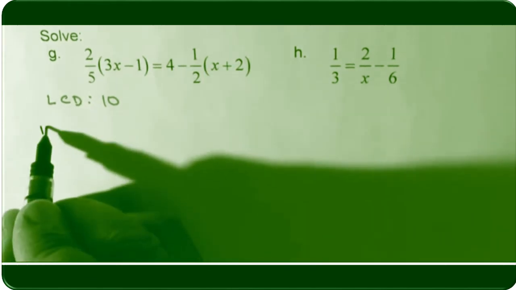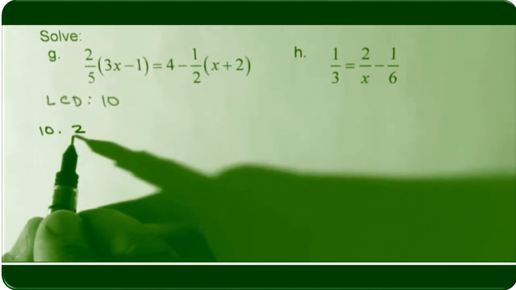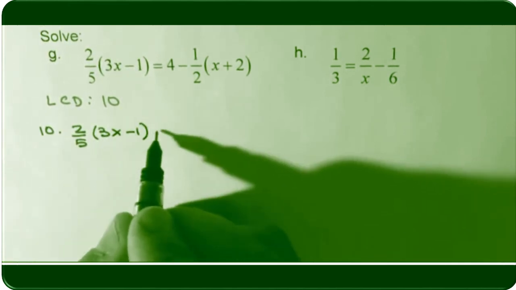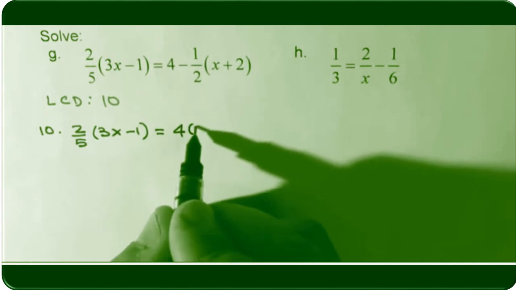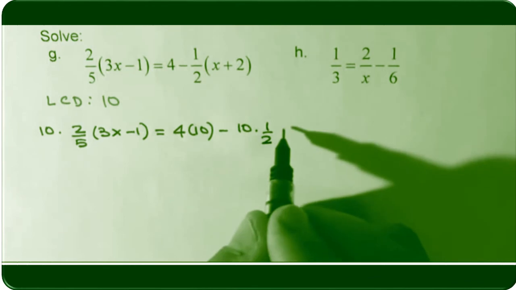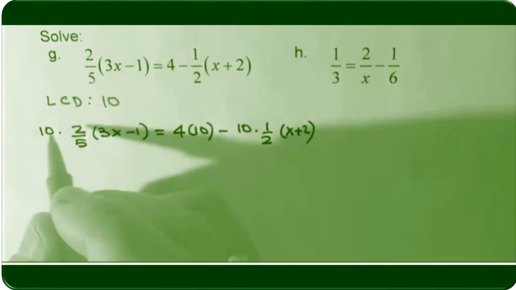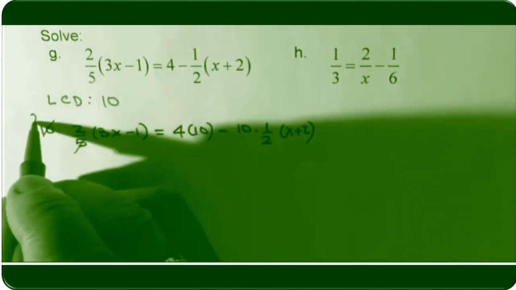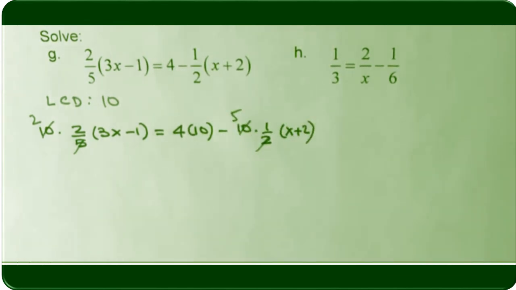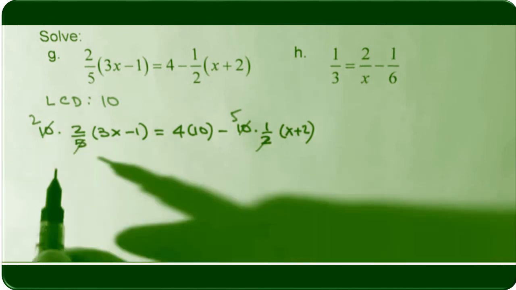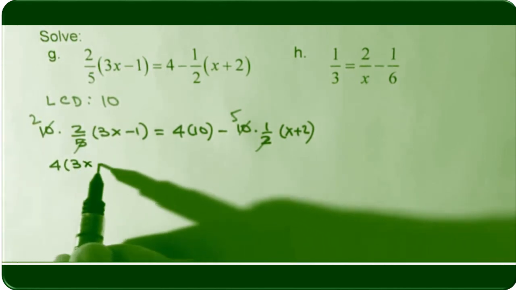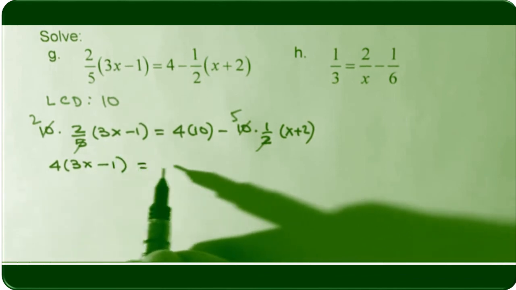What we get here is 10 times 2 over 5 times (3x minus 1) equals 4 times 10 minus 10 times 1 over 2 times (x plus 2). Now when you simplify, 10 divided by 5 is 2, and 10 divided by 2 is 5. So 2 times 2 is 4, and we are at 4 times (3x minus 1) equals